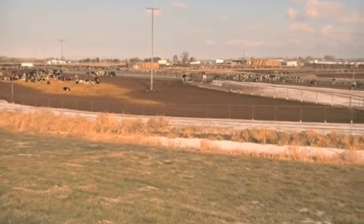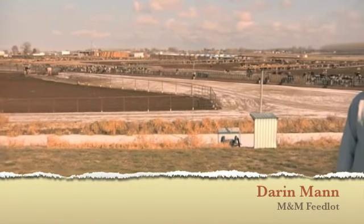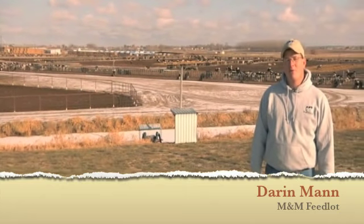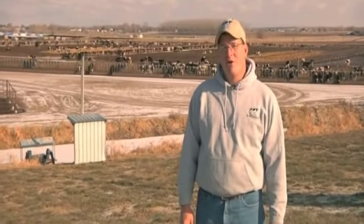I'm the third generation in the Mann family to own and manage M&M Feedlot and Mann Farms. My grandpa first settled this area in 1947, and my father returned to help him in the early 1970s. I also grew up and was raised on this farm, and I returned to farm alongside my father in 2002. Over the last 7 years, my wife and I have had a wonderful opportunity to raise our children here back